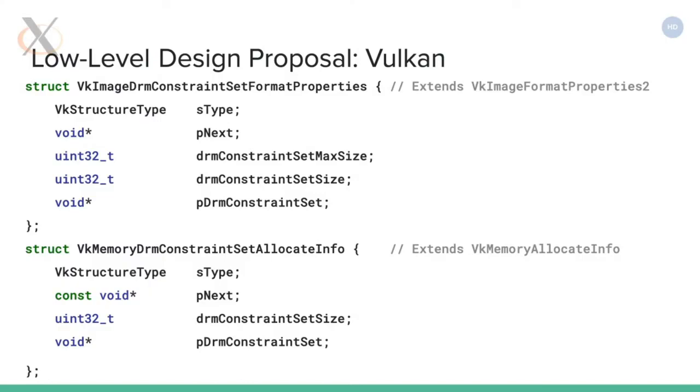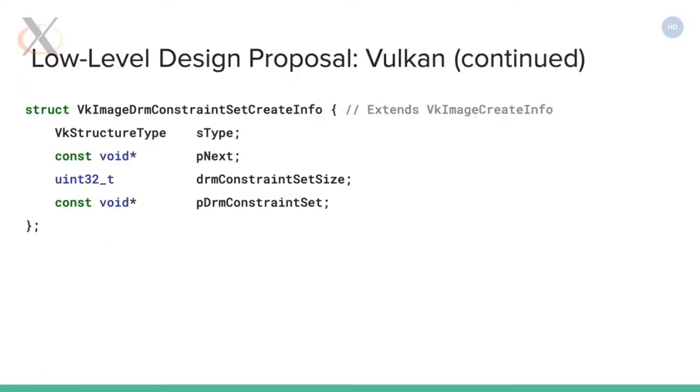But basically, you get a constraint set out of the usage you specified using that function, since it pretty much exactly specifies how you're going to create a Vulkan image. Additionally, we would have to extend the VK memory allocate info structure so you can allocate memory with a set of constraints applied to it. So the struct is just another input struct to memory allocation that specifies all the constraints you want to use. We would also have to extend image creation. And